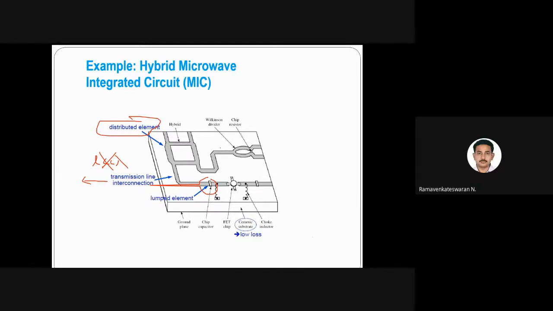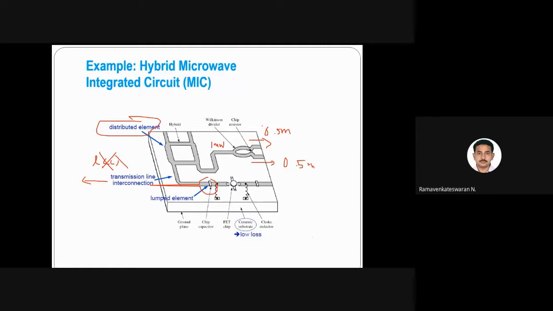So what it actually does is divide the power. Suppose you have 1 milliwatt; I cannot have watts, it is actually more power. The chip cannot handle watts of power. It's typically milli or microwatts. So the power will be divided between these two, 0.5 milliwatts here and 0.5 milliwatts here. Okay, so this is a typical MIC circuit where both components exist, that is lumped components and also distributed.